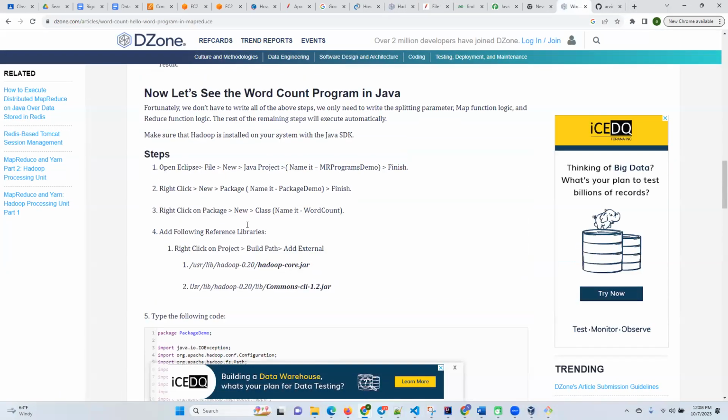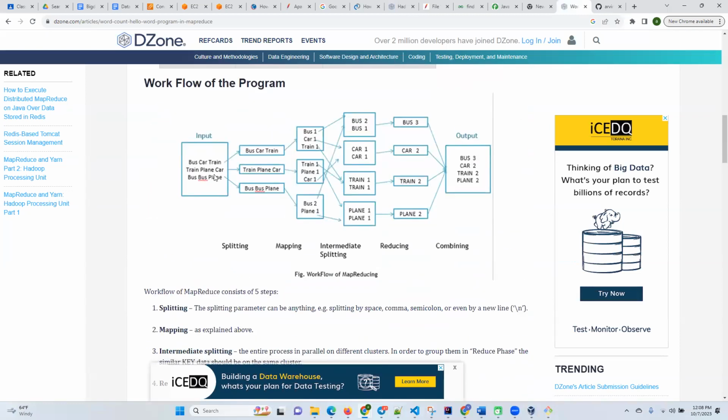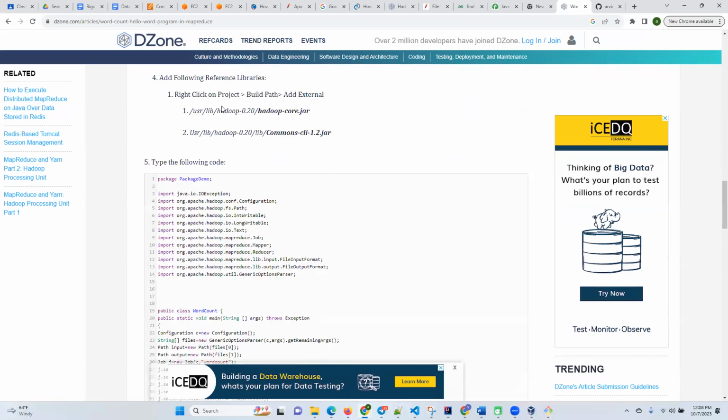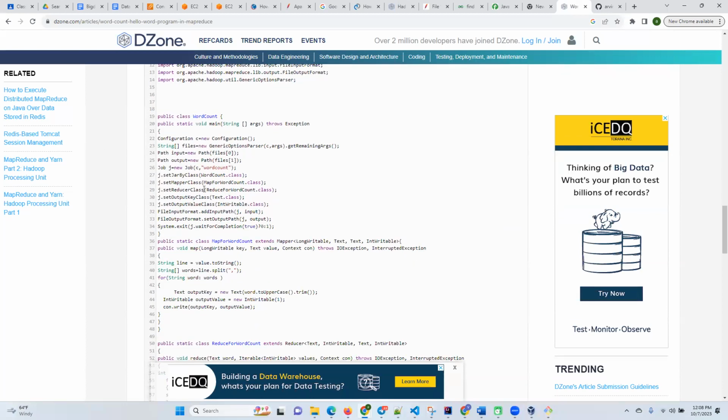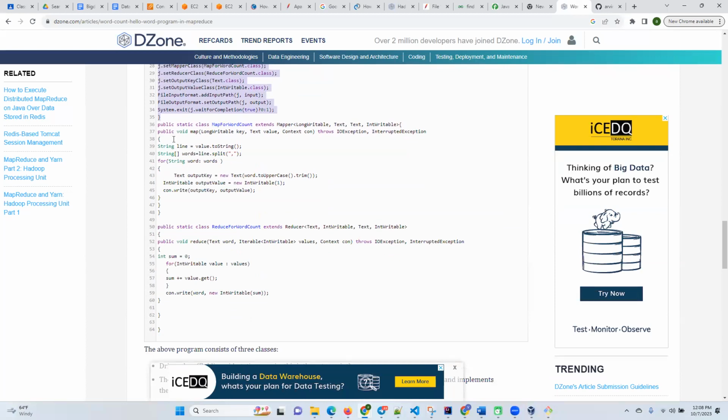Like if I do any word count program, I will see this is the input file and there are some lines of text. Then I'm using a map function, which is converting each word into a count of one. And then I'm doing shuffling and sorting. And finally, I'm doing the reducer phase and then getting the output. So all these phases are there, but we have to write 3 classes. So I'm writing one driver class and another class is a mapper